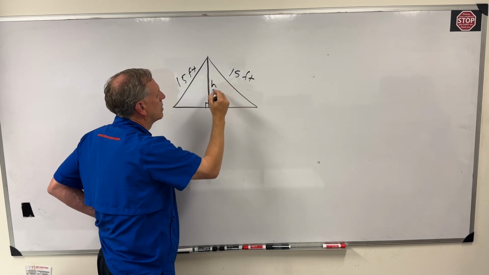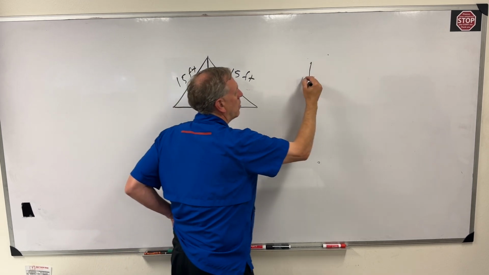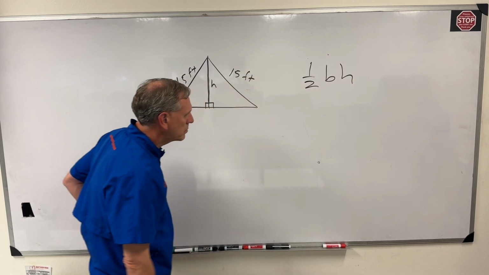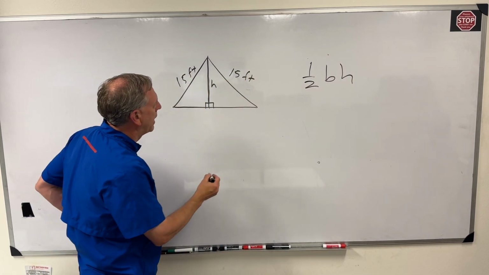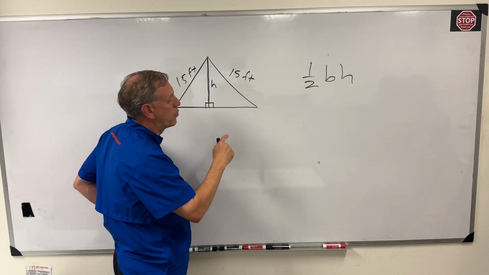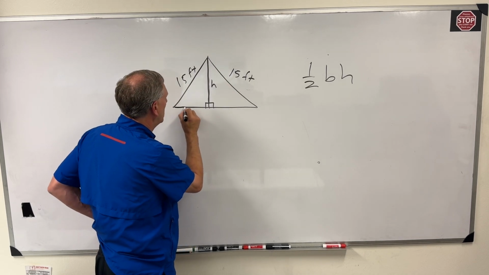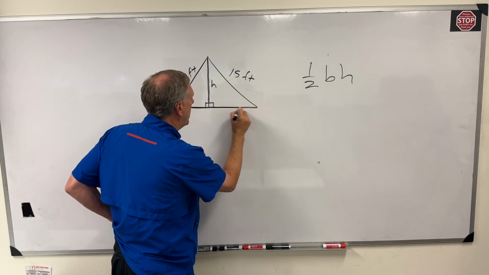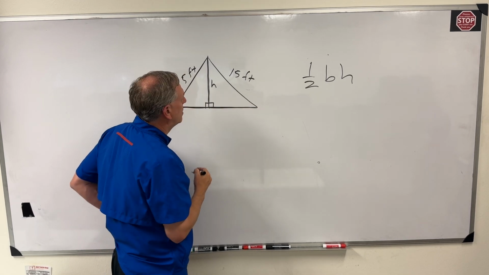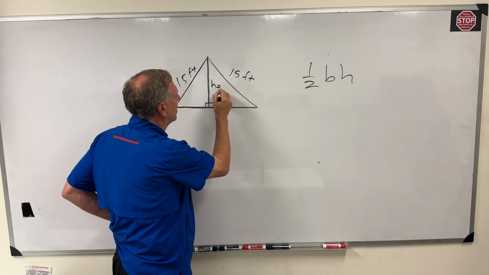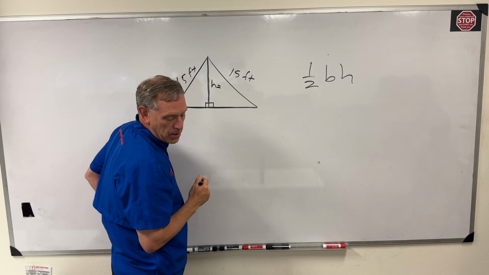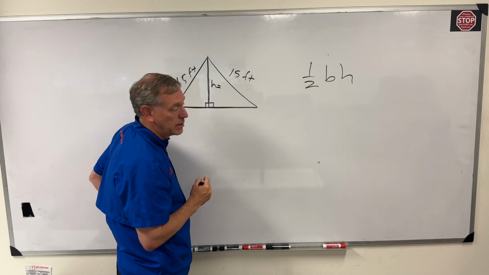There's our height. So in the formula, 1/2 base times height, we need to find, these 15s don't help us other than finding the perimeter. But on the area, you can see here that we need this base across here. All right, now, if I were to tell you that the height of this object here is 9,